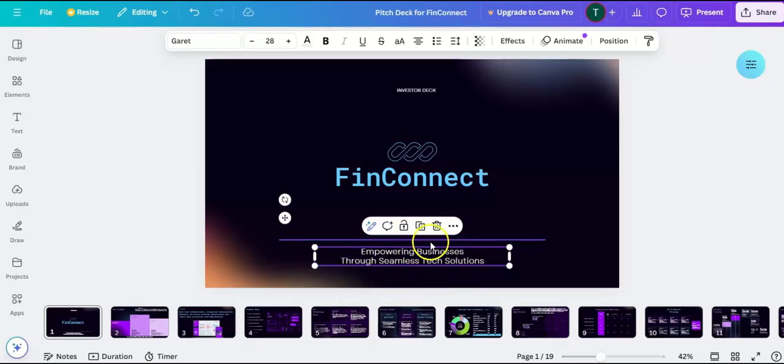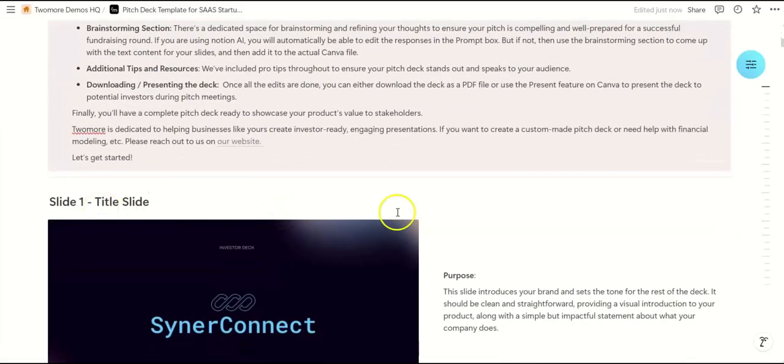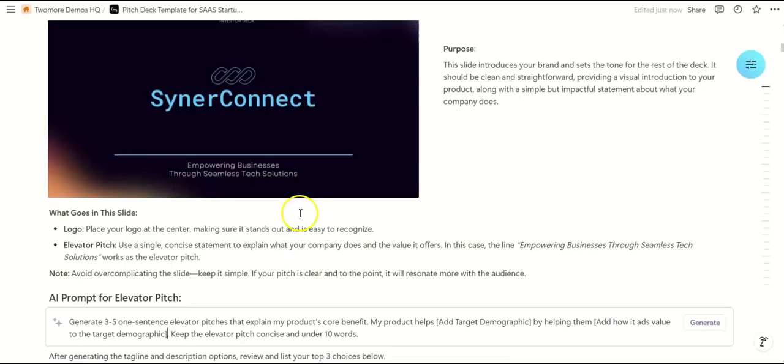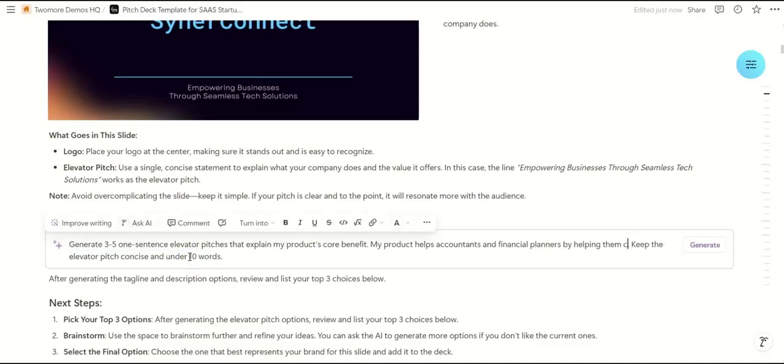Okay, now we have to come up with a really good elevator pitch for our startup. So you go back to the Notion template, scroll down, you have your title slide. We've given you the purpose and everything, what goes in, and we've given you an AI prompt that will help you create the elevator pitch. So just add in the details. Let's say our target demographic for this is accountants and financial planners, and we help them by helping them